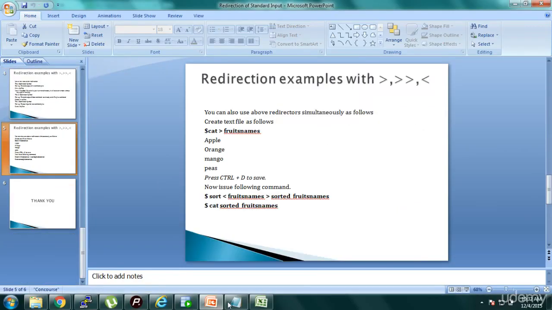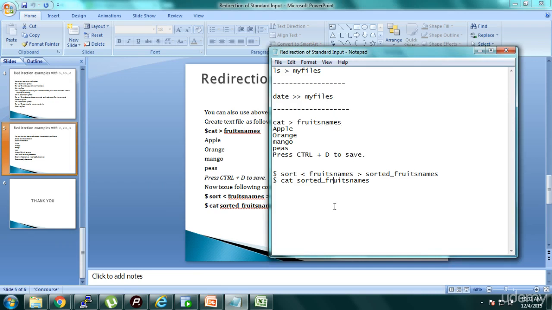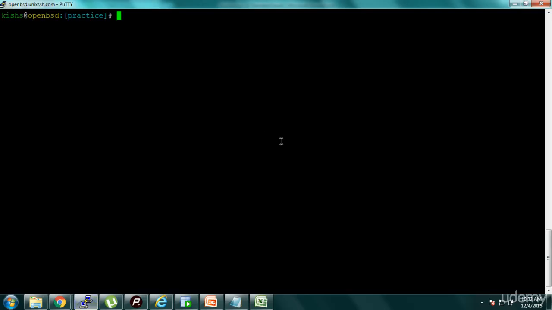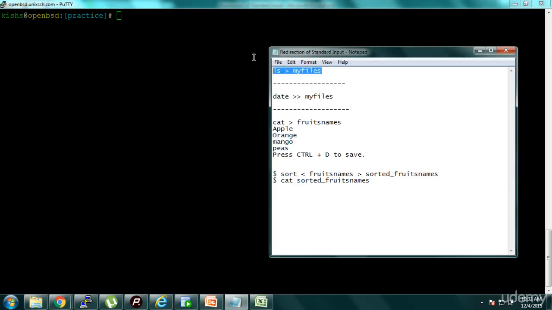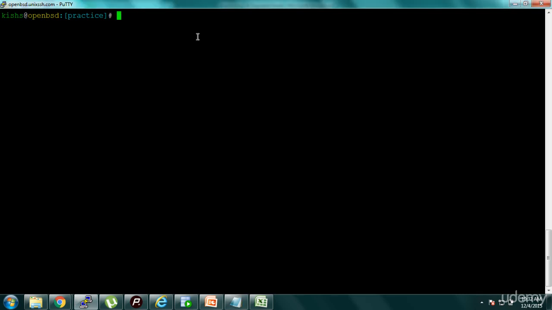We'll now see these examples that we learned in PuTTY. We'll practice this here. We move to a different directory, demo, because we have some files there.